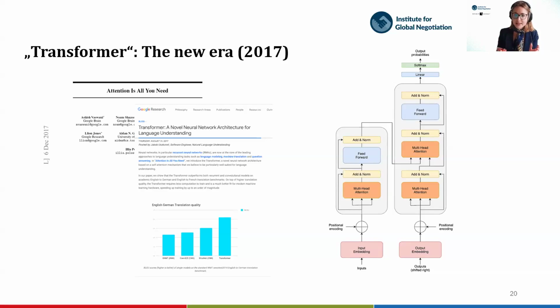Why? I always take German as an example. In German, the verb always comes at the end of the sentence. If I'm translating word for word from English to German, I will have nonsense. But if my model knows that it speaks German and that the verb goes at the end, we will have all of a sudden a really good result. This is what these models were built for.